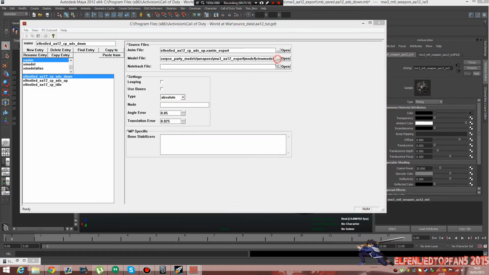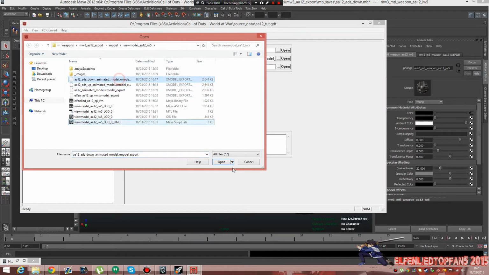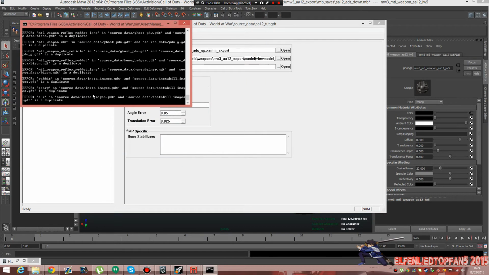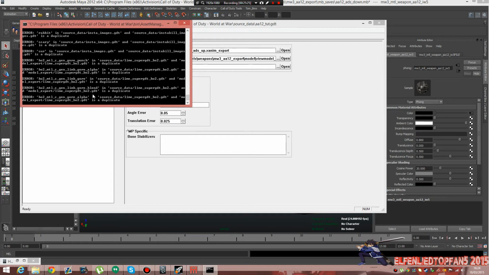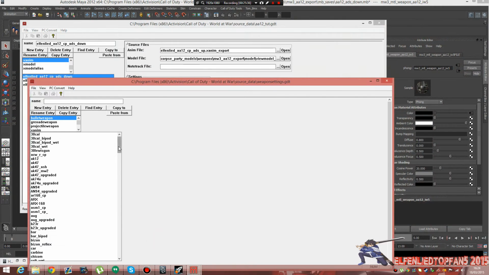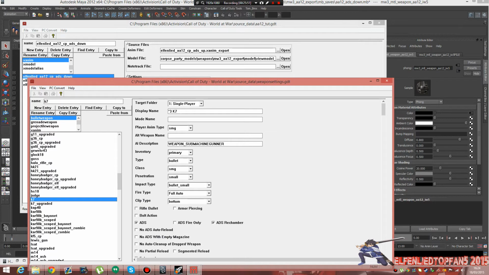Like that. And then take the down animated model. PC convert, current asset only. Like that. There we go. Done. Then you would go to your other asset manager you have open, find something that best fits the AA12, which I'm not actually sure what that weapon is. So I'm going to just do the K7 because I can, and then